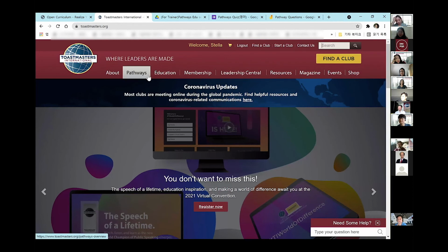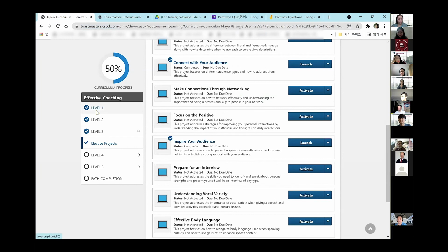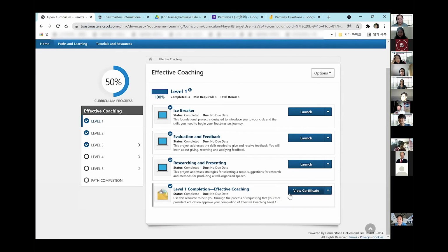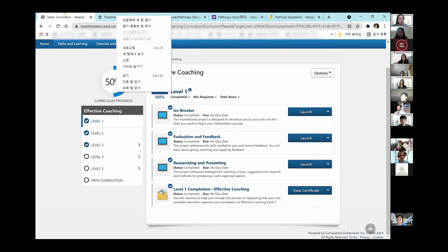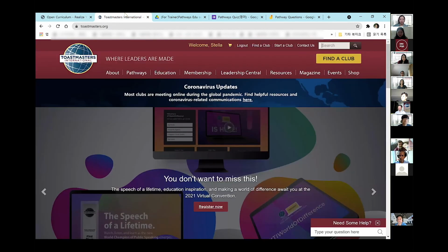So what David was asking was, even though we finished the level here, as a member you mark complete and you can see the certificate. But somehow Toastmasters International is showing that you're still level 1 or level 2. The reason is, even though you submit this mark complete, now this is the officer role.